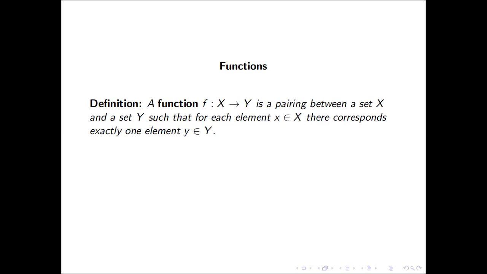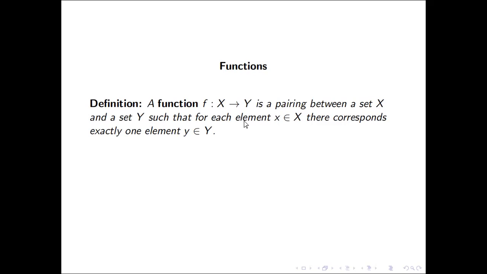between two sets. Each set has elements. And if we call the two sets capital X and capital Y, then we define a function, which we usually denote by small letters like f, g, or sometimes h, or sometimes even capital letters, capital F of X, and so on. So a function f from a set X to a set Y is a pairing between a set X and a set Y, such that it satisfies